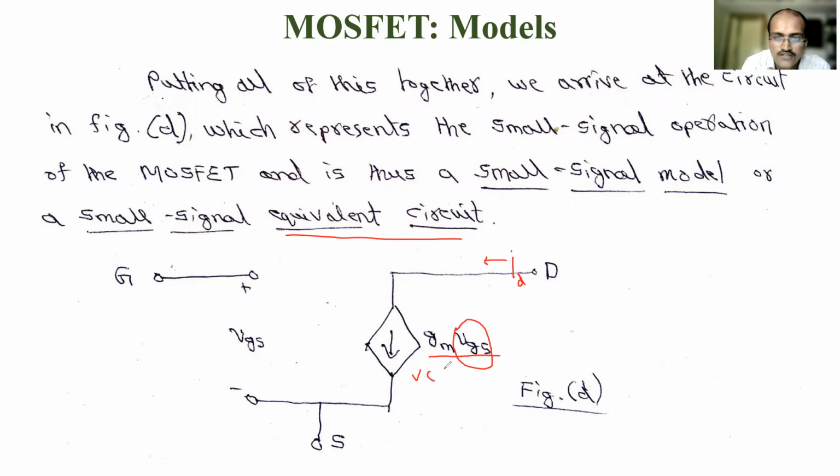So it is a voltage controlled current source. So this is your equivalent MOSFET model. In the ideal case, you have the gate terminal, the drain terminal, and the source terminal. Gate to source, you have the VGS, and drain to source, you have the drain current established, which is equivalent to gm into VGS. Only two things you have. We'll add further things, whatever is missing. We'll keep on adding. So this is the ideal model.